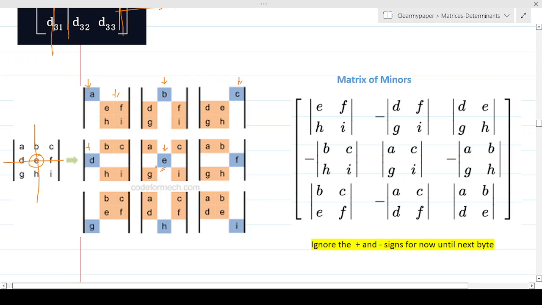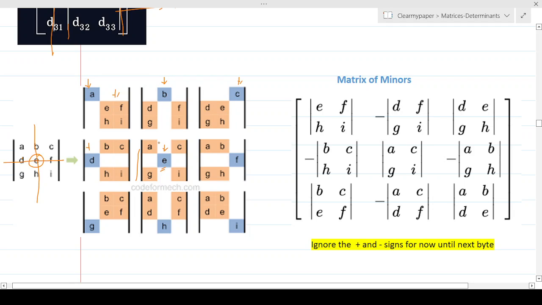So if you see here, it's A, C and G, I, and these vertical lines show that I'm going to compute the determinant of the remaining elements without counting the one in blue, because the blue is the one we are finding the minor of. It's kept here for reference. So we are not going to use this blue element in the calculation. Okay, so it's just a concept.